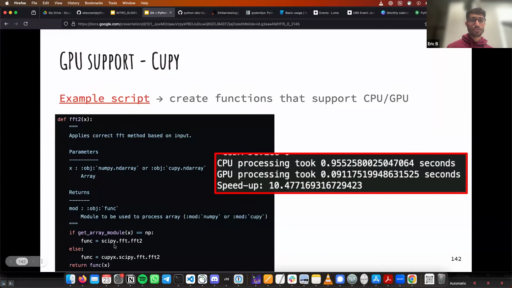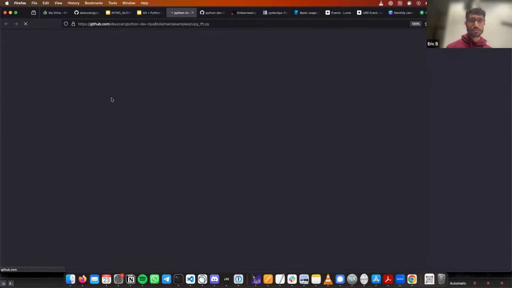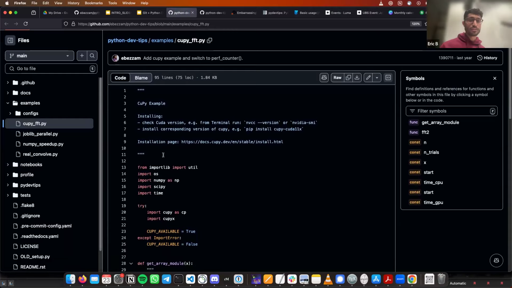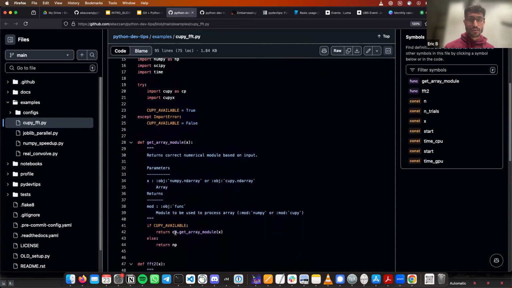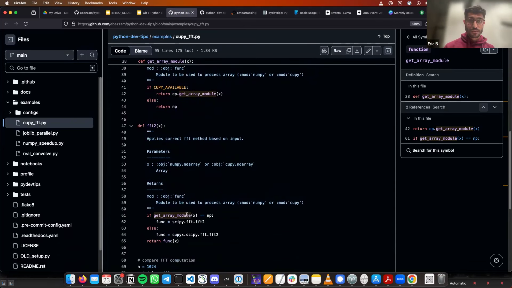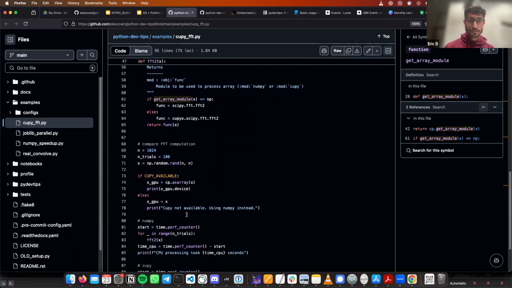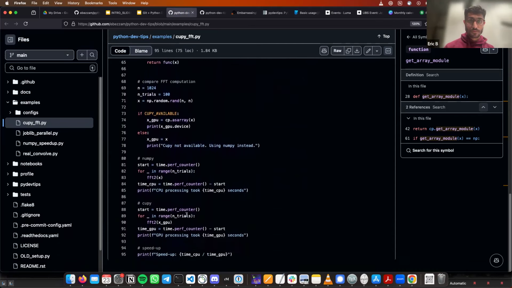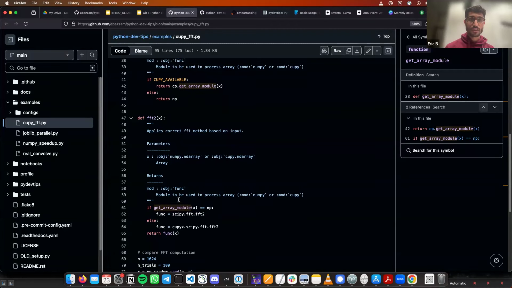So, let's go to the example scripts, so that if you have CuPy installed, I wrote some boilerplate code to do this. This was a trickier example because for the FFT they have a slightly different interface, but the idea is